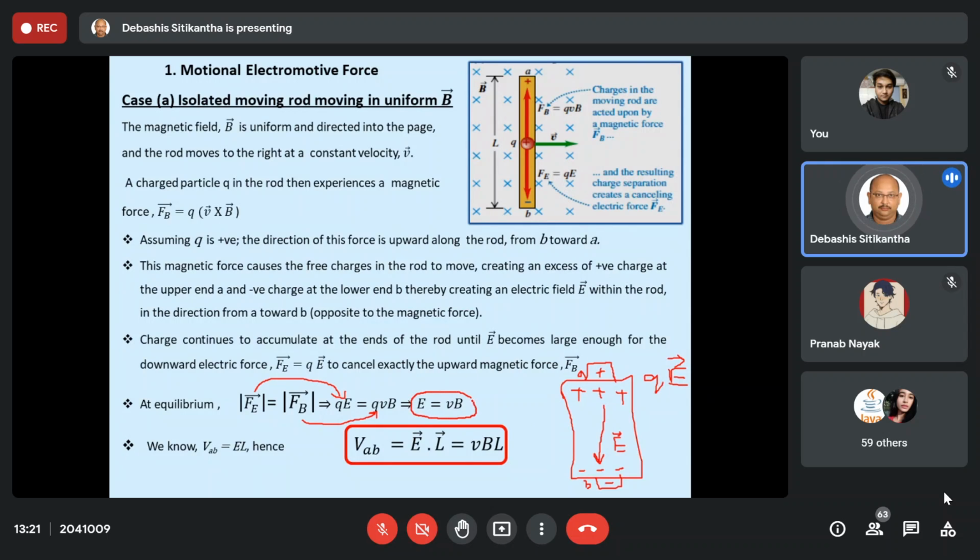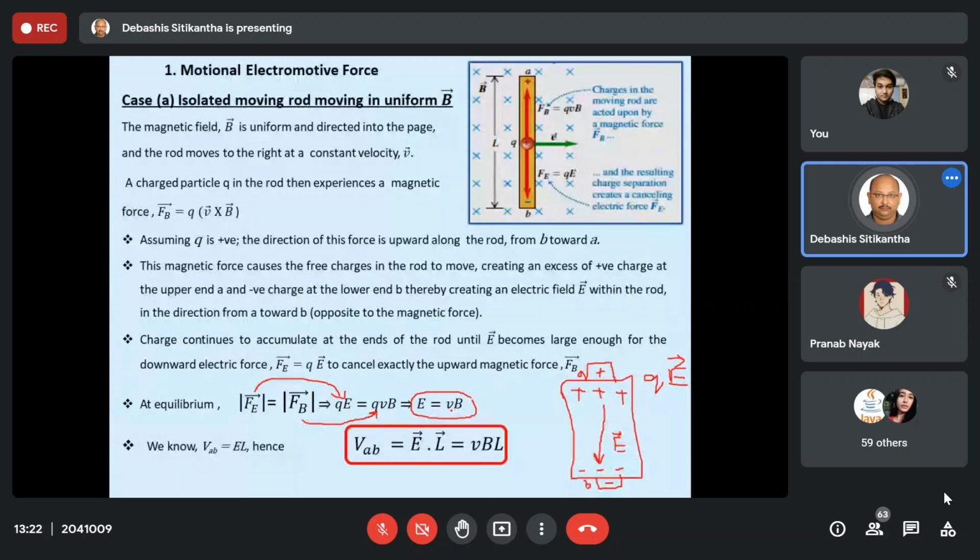Why is it so? It is because this one is showing the relationship between your time varying electric field and time varying magnetic field. That means over here you can see the magnetic field is changing. Why is the magnetic field changing? Even though I am telling you that the magnetic field is constant, it is because I have multiplied a V over here. So when something is multiplied with V, it clearly shows that it is changing with respect to time.